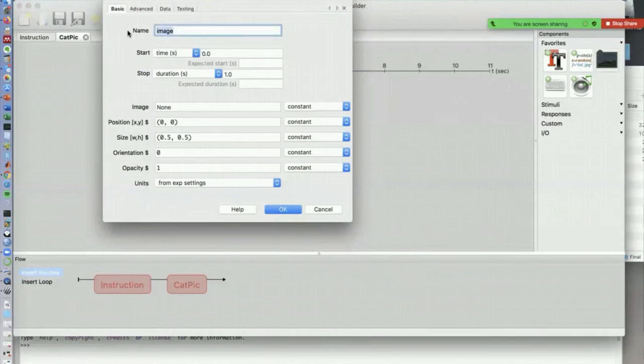And I'm going to call this my cat pick. This is just the name of this component. This isn't the image file. It's just what I'm calling this image component. It's going to start right when the routine does. The duration is infinite because, well, if I deleted it, it would be infinite, but let's make it